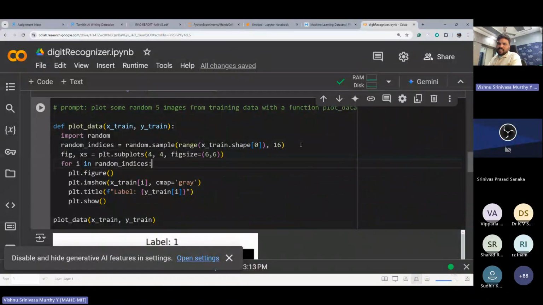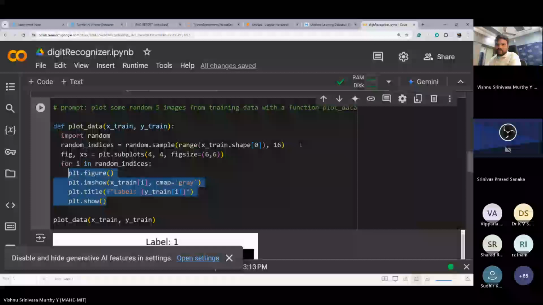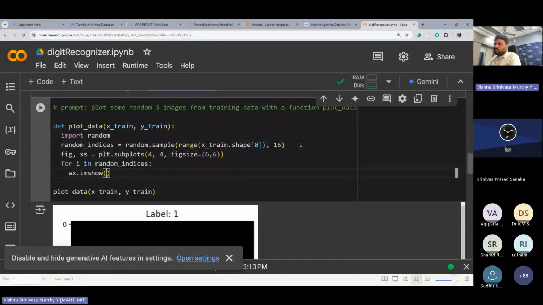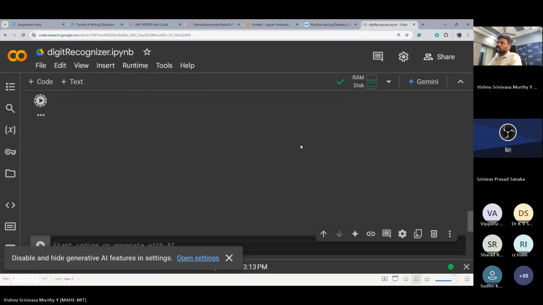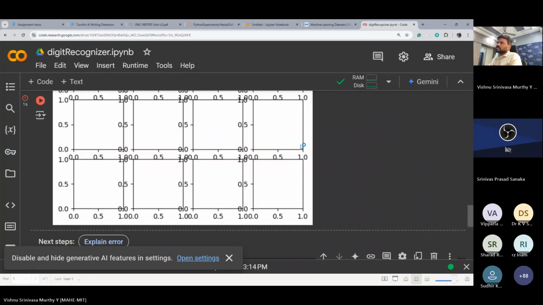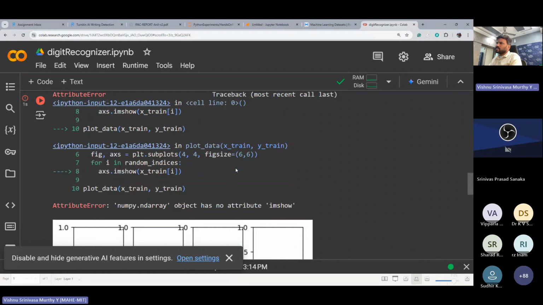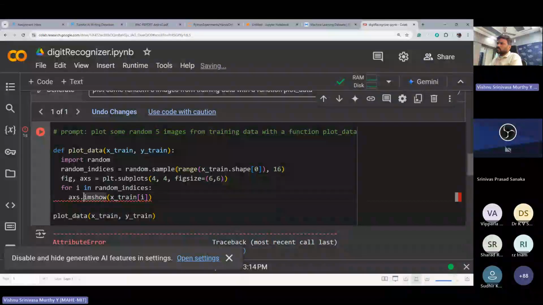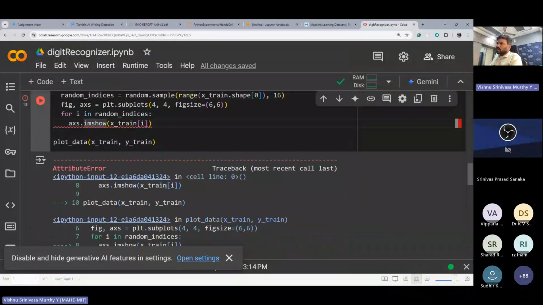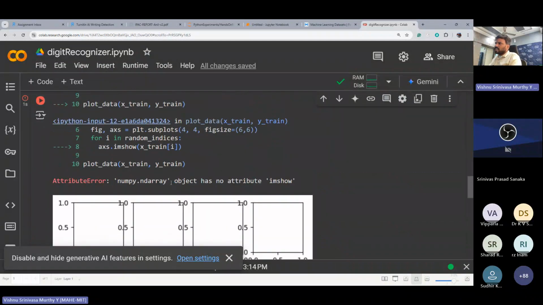Whenever plotting is happening, simply I'm doing this. ax dot imshow of x underscore prime of i. You want to show from data. Numpy array has no attribute of